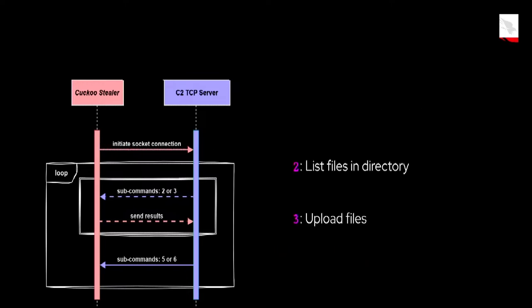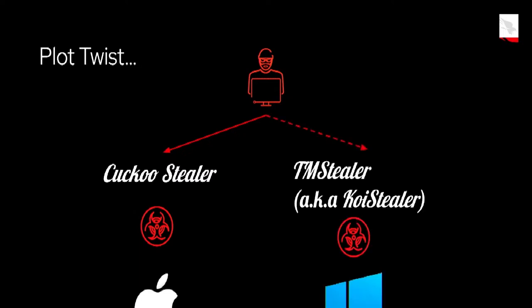So yeah, the operator uses this protocol to list files in a user's directory, upload files back to the C2, move files across the user's machine, delete files from it. So clearly a lot of fancy stuff going on here. So before we end, I do want to mention that there's more to the stealer. Now, the developer of Cuckoo is highly likely also a developer of this Windows stealer that we track as TM Stealer. And we'll